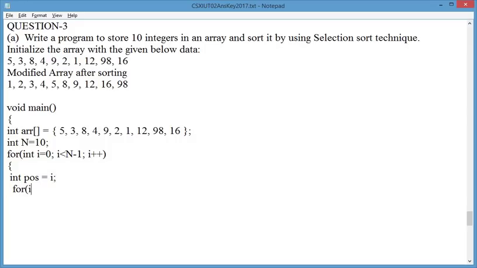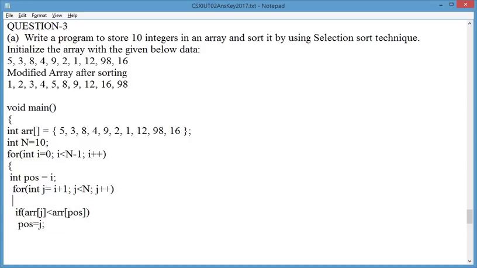Then we take the inner loop, which is j equal to i plus 1, j less than n, j plus plus. Now if it is in ascending order, so if arr[j] value is less than